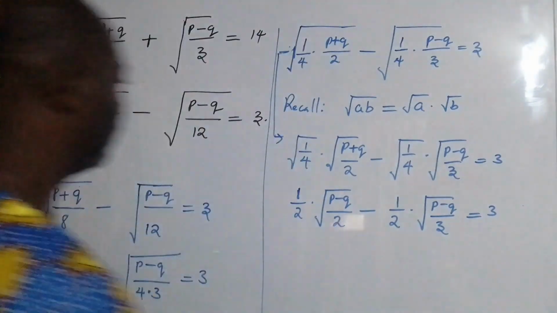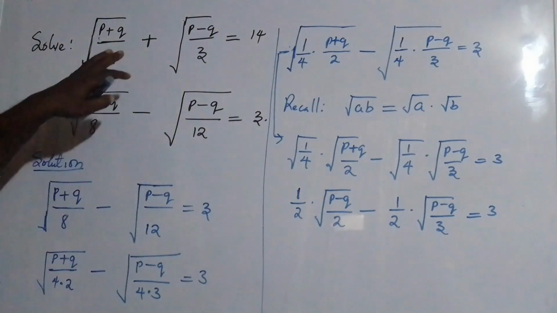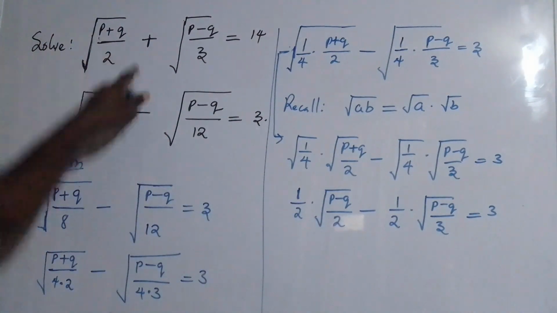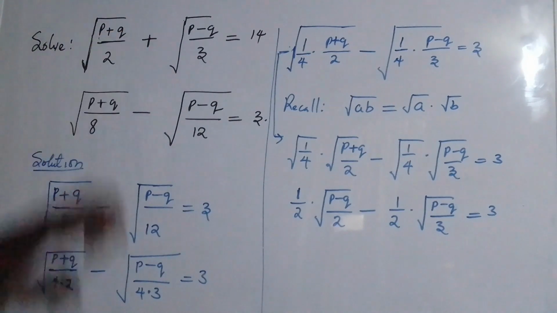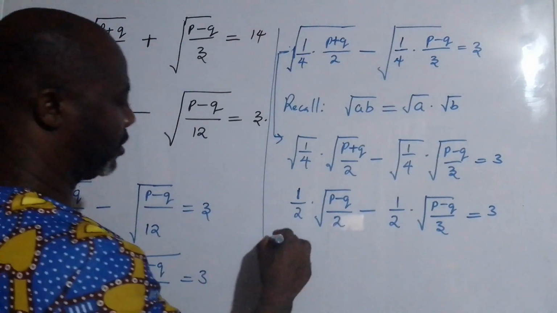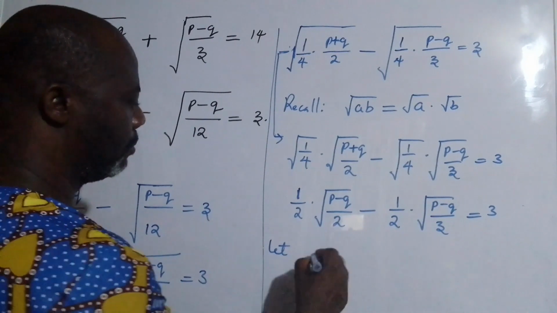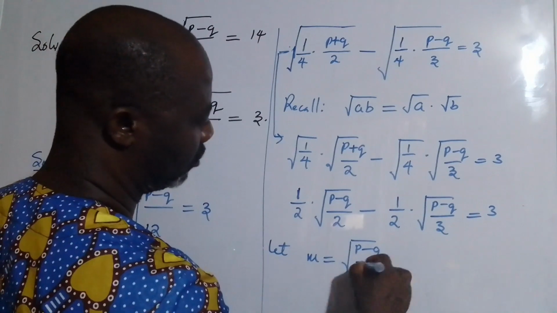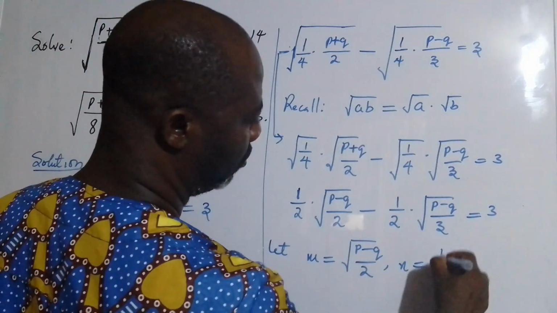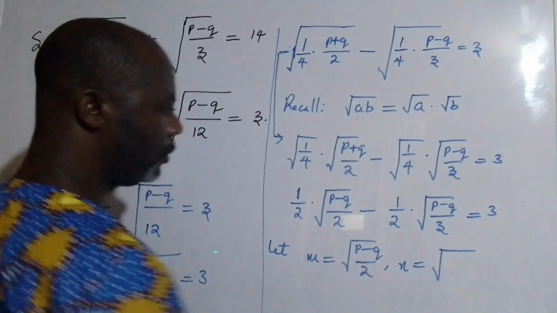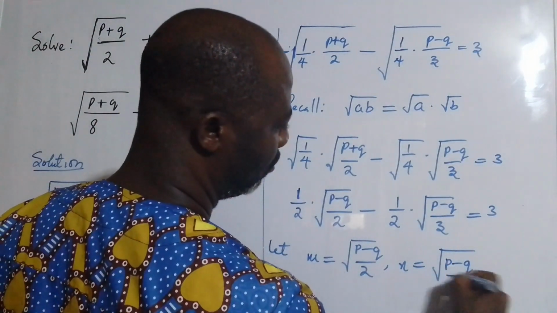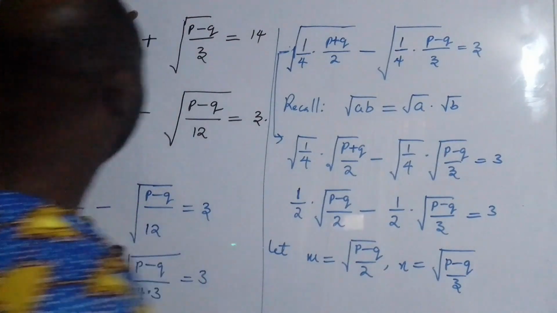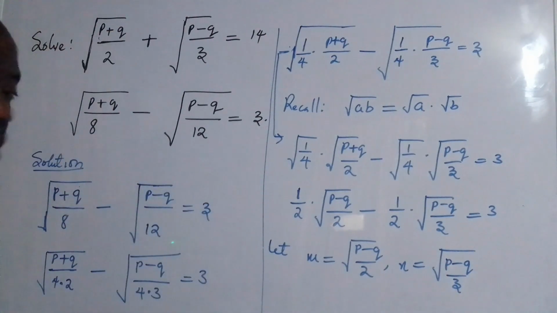So you can see clearly the pattern here. Now I've expressed the second equation in a way that it looks similar to what we have here. So what we're going to do now is to say let m equal square root of p plus q over 2 and n equal square root of p minus q over 3. If that is the case, the whole equation becomes,